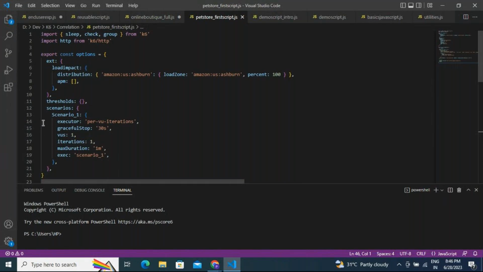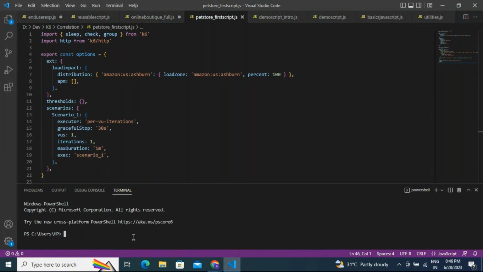From here you will do multiple enhancements, parameterization, correlation, all these things. We have to pass the CSV file, we have to correlate something, all these things we'll be doing here. So you build a script there, copy it here, and